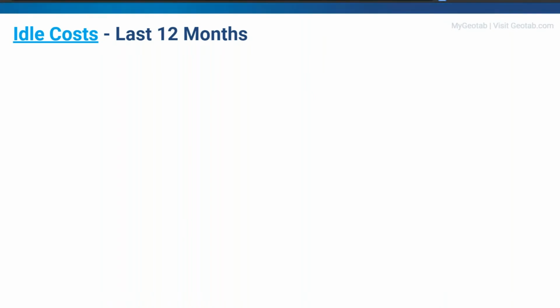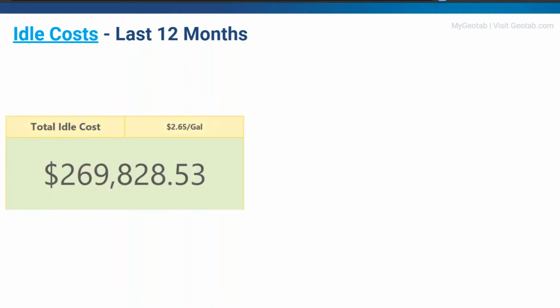If in 12 months, your idle cost was this high, $269,828, that's an estimate. What if it was even $200,000, right? If it was that much, what things would you want to change? What kind of idling rules would you want to put in place? What kind of idling reports would you want to see, so that you can see who cost us the most, when were the highest months of idling being performed, and so on? This is just an estimation at $2.65 a gallon. Of course, your fleet might get gas cheaper, but the whole point is I want you to put yourself in the perspective of, if this were my fleet, what would I want to do